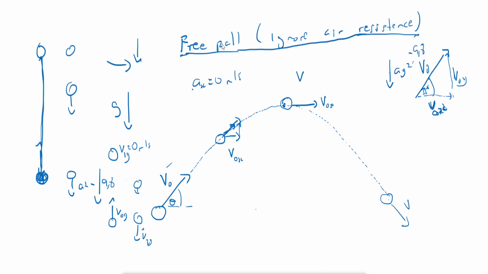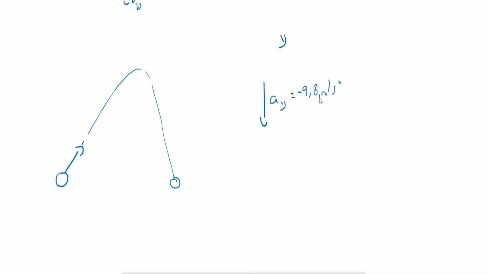All right, so hopefully you understand. Let me just break down what's happening. You have a situation whereby you launch the ball in this direction, so your ball is going to go like that and come back down. Roughly it's supposed to be parabolic. So let's see what happens in the y. You would agree with me that in the y I do have the acceleration, and that acceleration is gravity, which is minus 9.8 meters per second squared. Since I'm launching this ball with a velocity of v0,